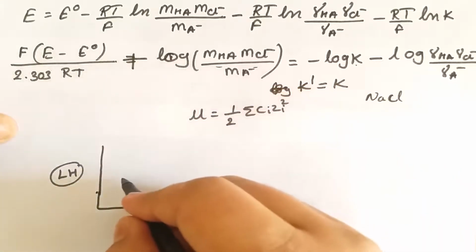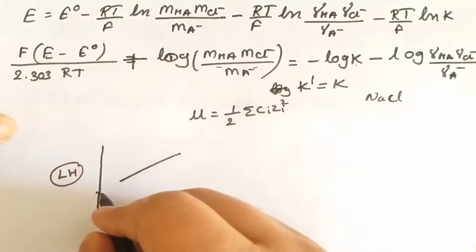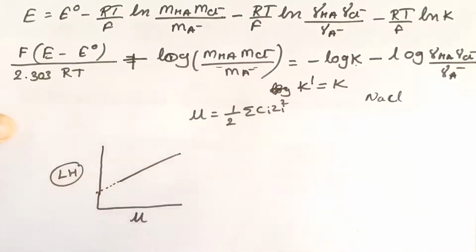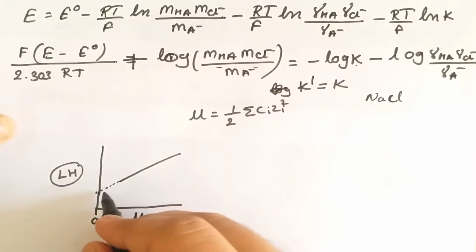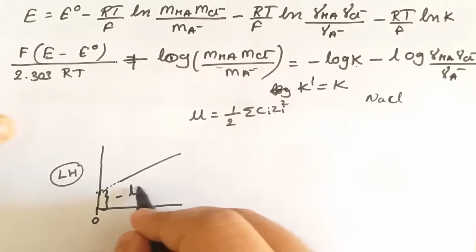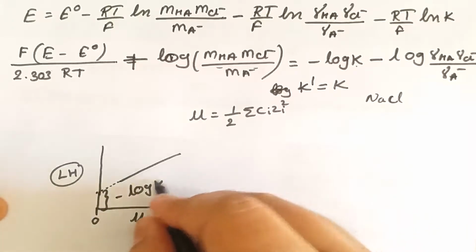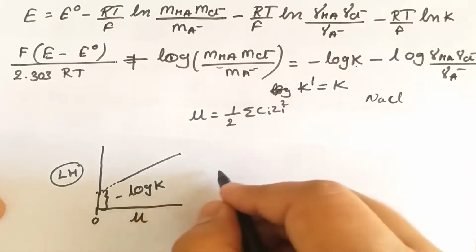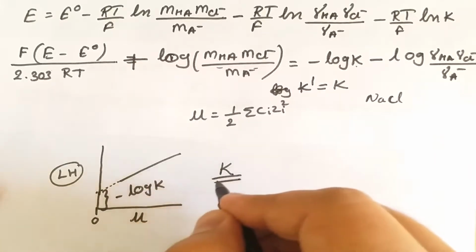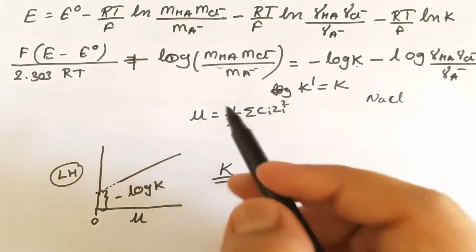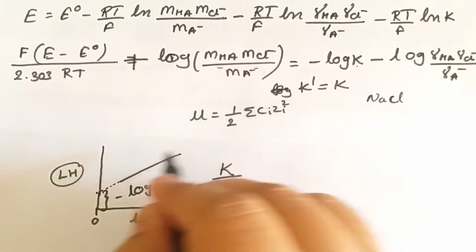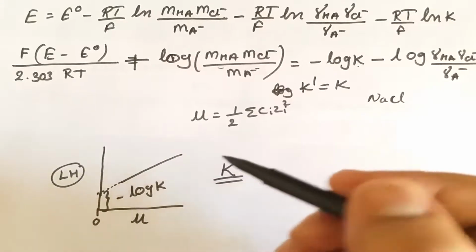So when we plot a graph we will get a straight line, and the extrapolated value at infinite dilution, that is at 0 ionic strength, will give us the value of minus log of k, and from this value of minus log of k we can easily determine the dissociation constant k. Okay, so hence by using potentiometry we can easily determine the dissociation constant of any weak acid,